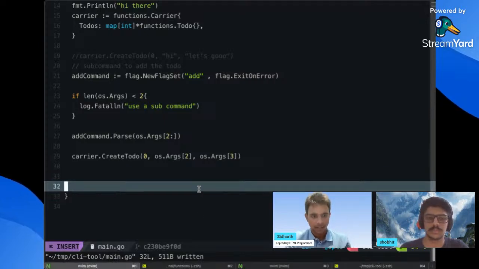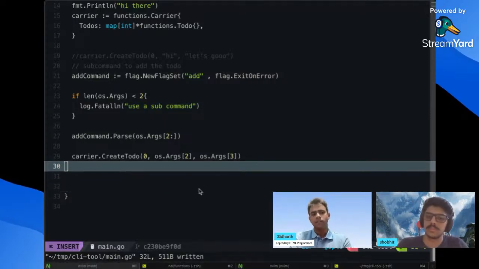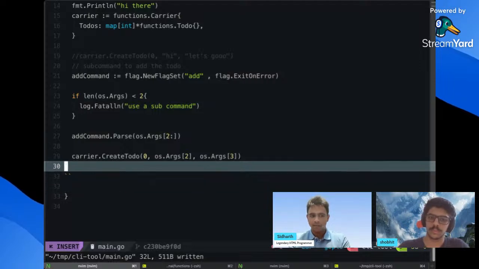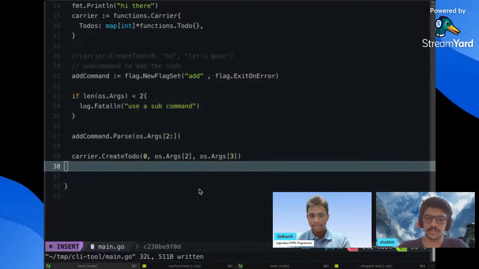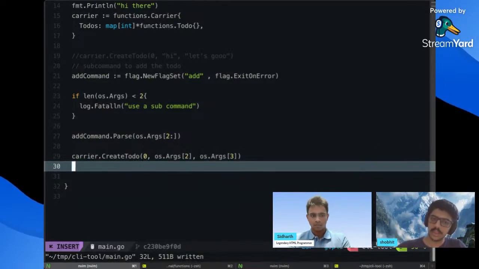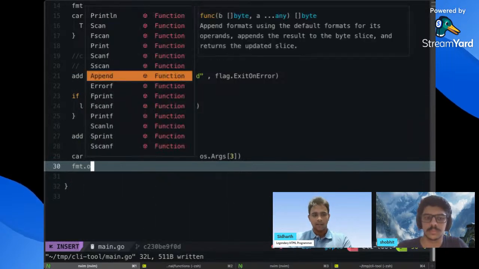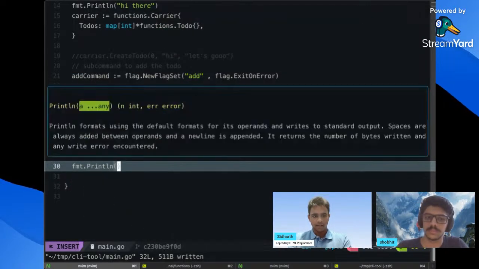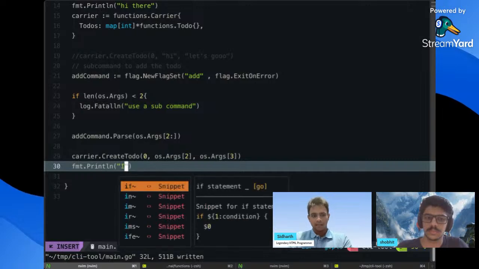ओके ओके। सो अभी के लिए हमने सिर्फ ये कर दिया है कि हमने इंडेक्स जीरो डाला कि वी डोंट वांट डू अगेन कन्वर्जन। Args नंबर 2 वो होगा जो स्ट्रिंग एक्चुअली टाइटल देगा और Args 3 डिस्क्रिप्शन देगा जब मैं एक्चुअली इसे बिल्ड कर रहा हूँ। ओके, हम्म, आई गेस दिस वर्क्स, एंड आई हैव टू maybe प्रिंट आउट समथिंग। तो चाहो तो हम उसमें ऑलरेडी जो क्रिएट टू डू है उसमें जो प्रिंट वाले स्टेटमेंट हैं उसमें हम और चीज ऐड कर सकते हैं कि ये आईडी है, ये टाइटल है और ये डिस्क्रिप्शन है। ओके, लेट मी ट्राई दैट। fmt.Println